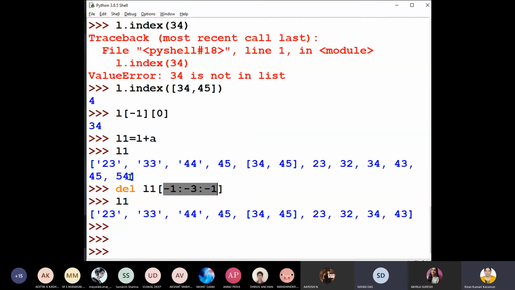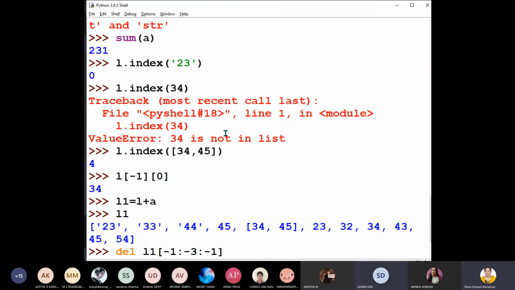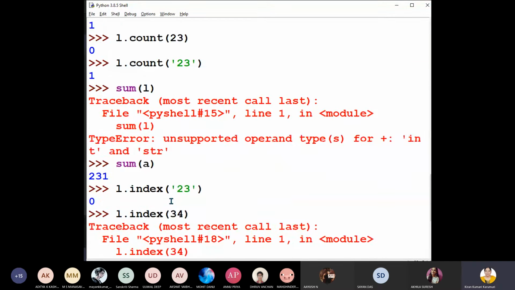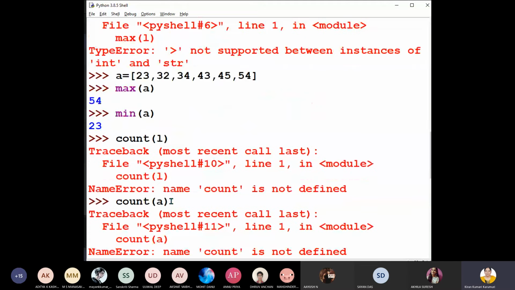Not so, ma'am, that upper one. That one, ma'am. L dot index. Ma'am, why is it showing 4? It should show 34, no, ma'am. Index of this item. It should return index, ma'am. Index function will give you index. That is 0th index, first index, second index, like that.